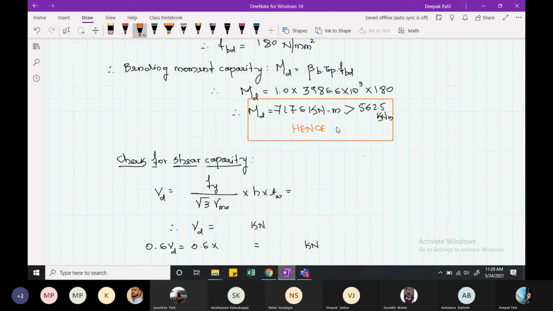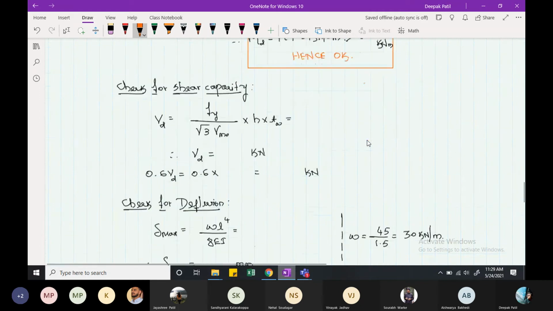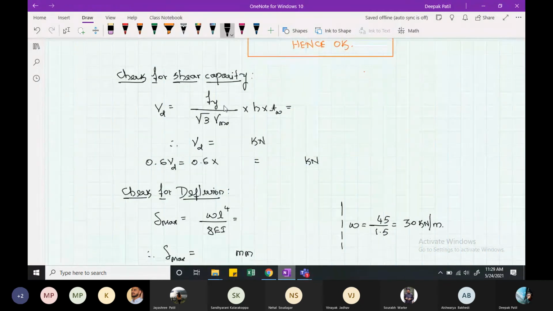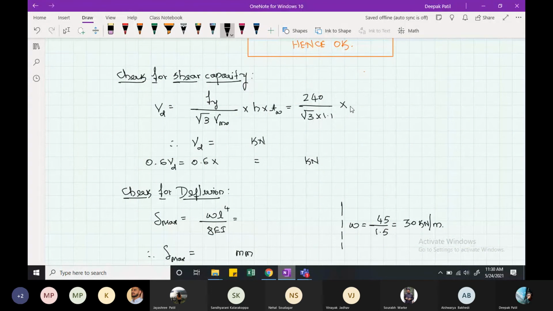Hence, I can say that the beam is okay, that is safe from bending point of view. Then I have to check for the shear capacity, which is given as Fy divided by root 3 gamma m naught, into h into Tw, where h is the total depth of the section, and Fy is actually 240. So 240 divided by root 3 into gamma m naught, which is 1.1, and h is 600, and thickness of the web is 11.2. From this, I can get the design shear capacity as